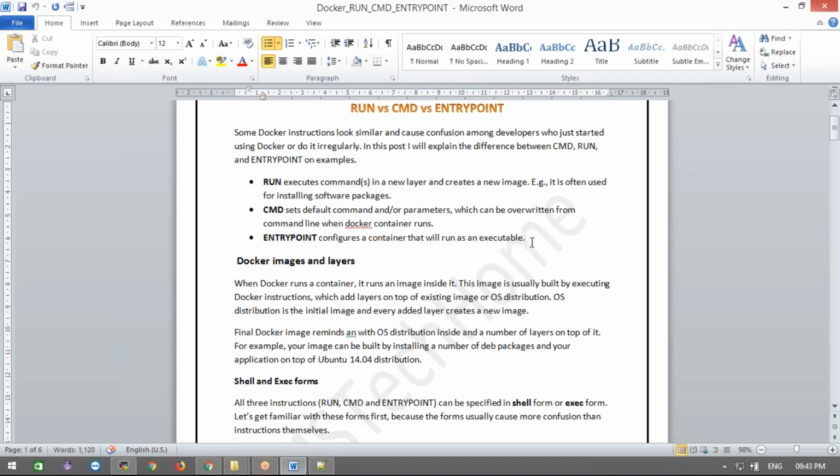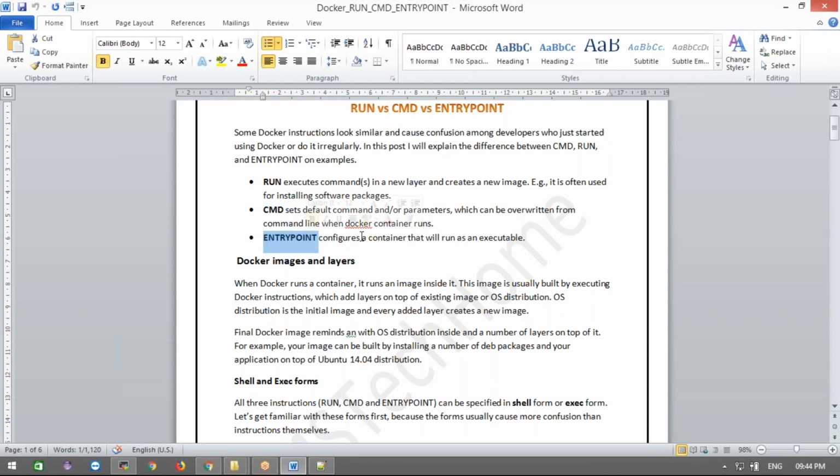We can use the --entrypoint option, but again we need to write the complete command in the docker run command. That's the way we can run. But with CMD we specify just one command, the command you want to override, and we write that command in the docker run command. So CMD can be overridden and ENTRYPOINT can't. That is the main difference between CMD and ENTRYPOINT, which we are going to see hands-on. The CMD value we can override while running the docker run command, but for ENTRYPOINT we can't override that executable command.